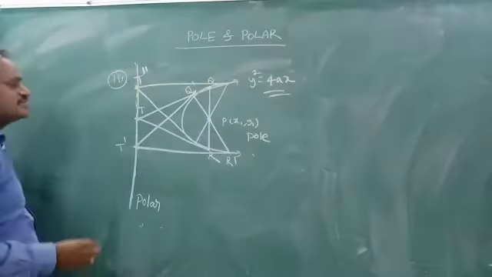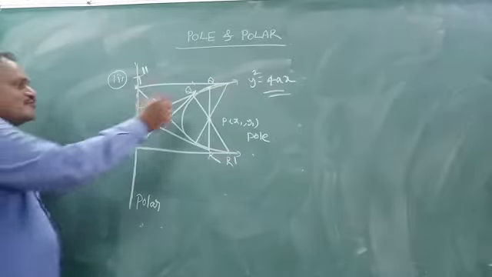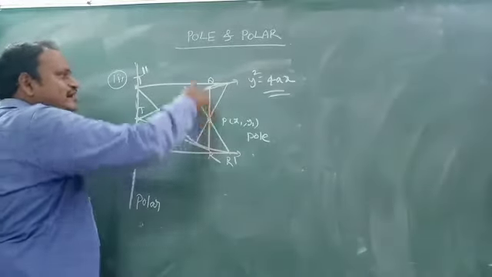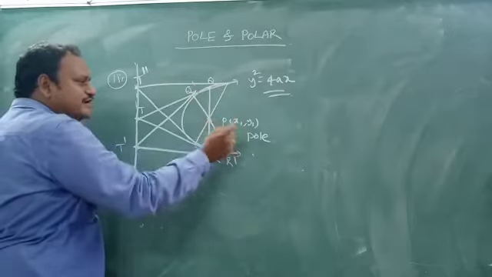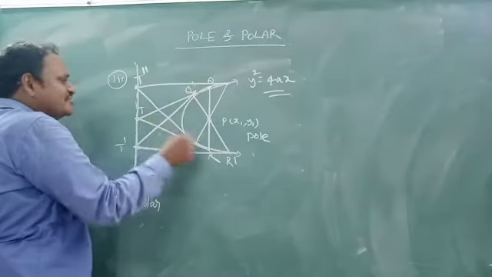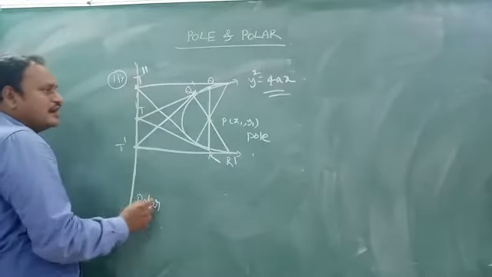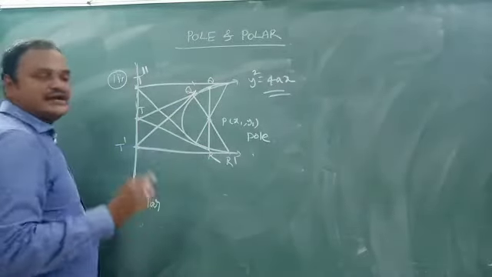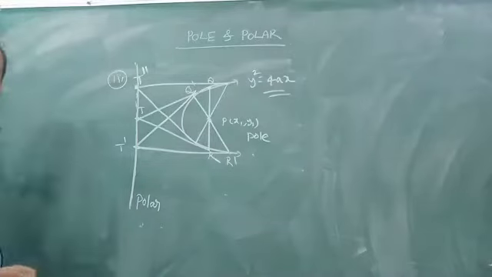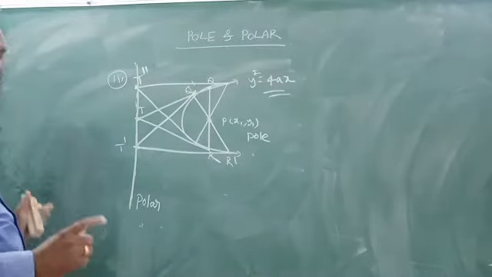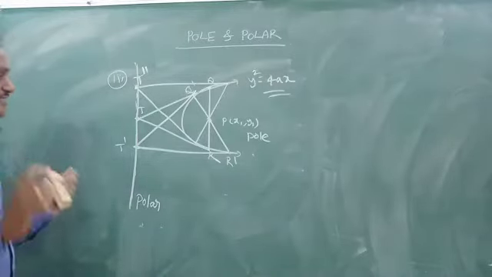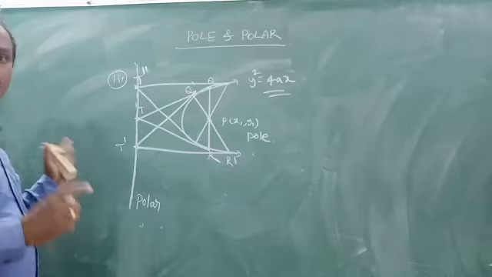Okay, my dear students. Now you see here the point that we are taking, through which we are drawing the chords. That is what you call the pole, and the point of intersection of the tangents drawn. Okay, this is what you call the polar with respect to that parabola y square is equal to 4ax. This is very important information we have discussed in 3 cases about this.